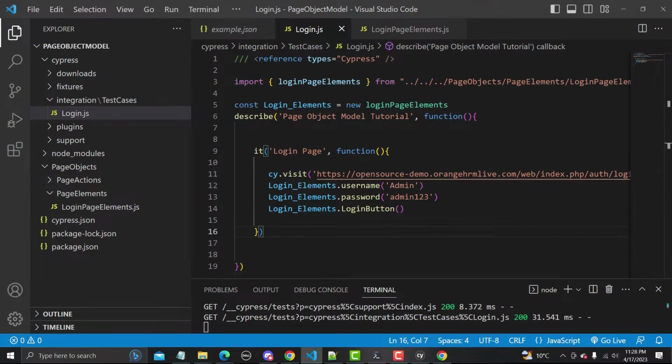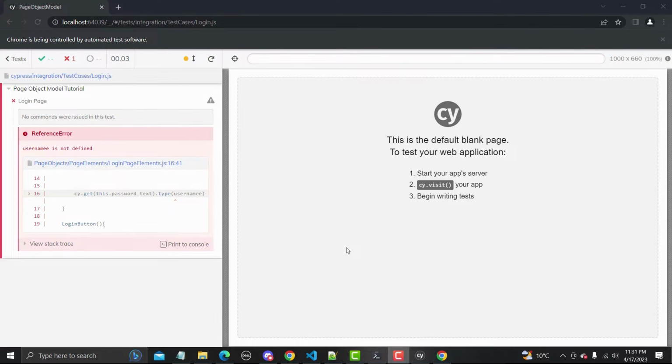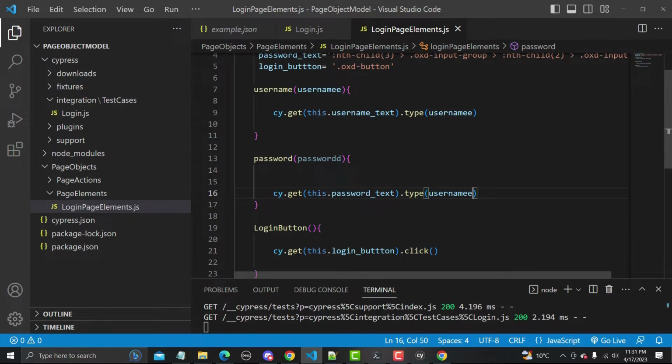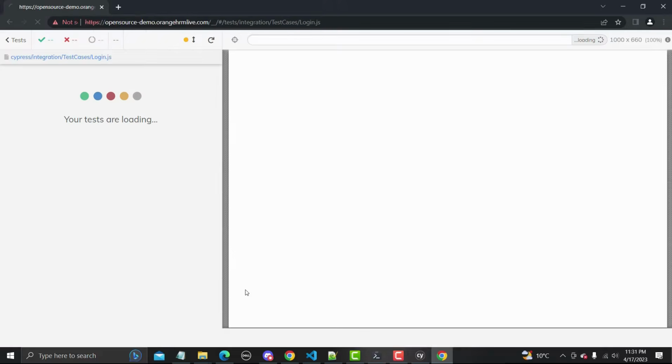So we are getting some error here. It says that username is not defined. So let me see the error. this dot password. Yeah, so it seems that we have passed a wrong variable here. So let me go here, and instead of this one, let me copy this one from here and paste it here, and now save this one and see what happens.